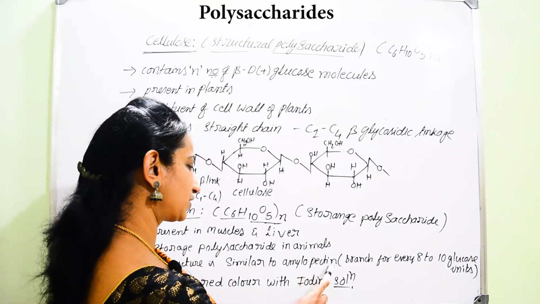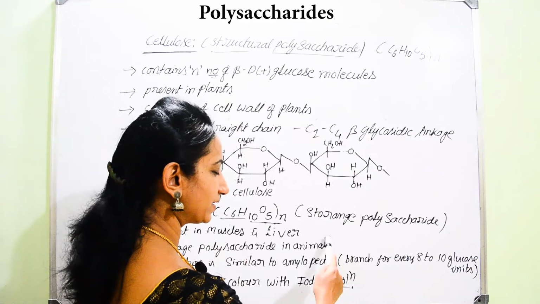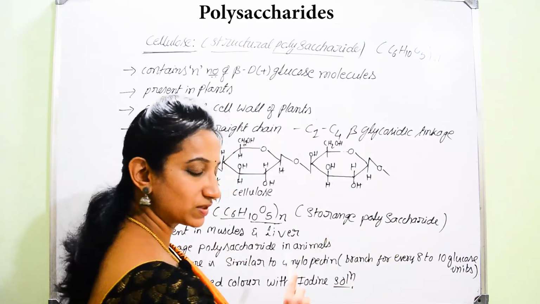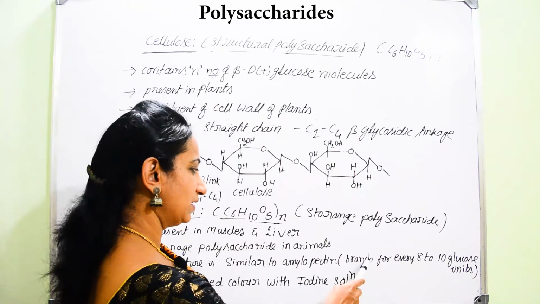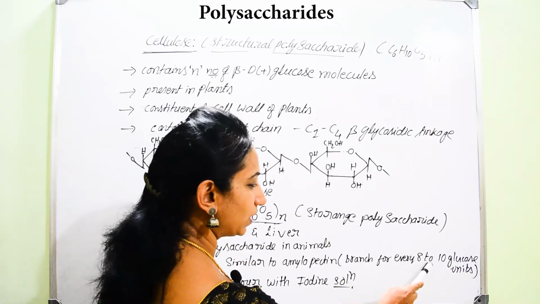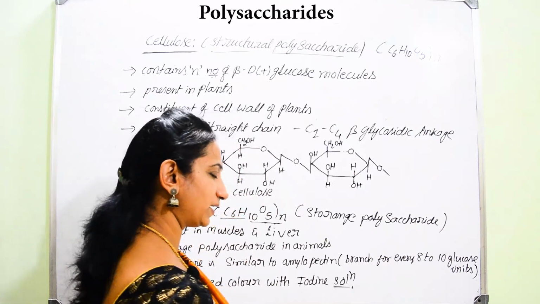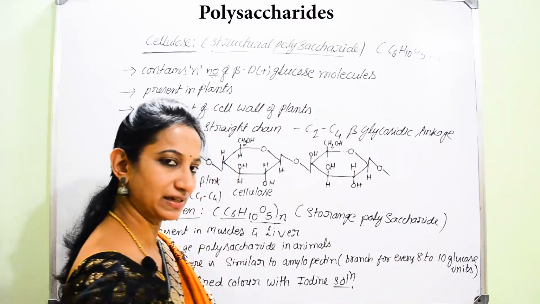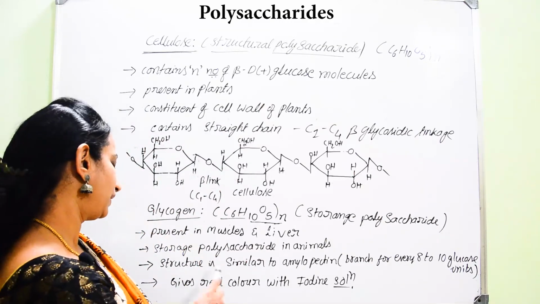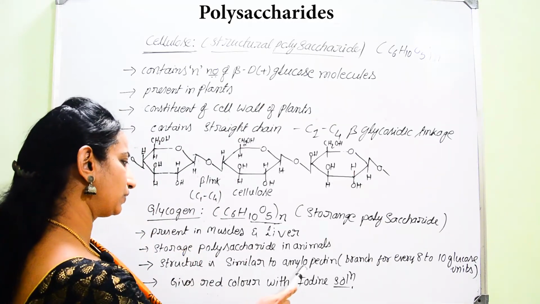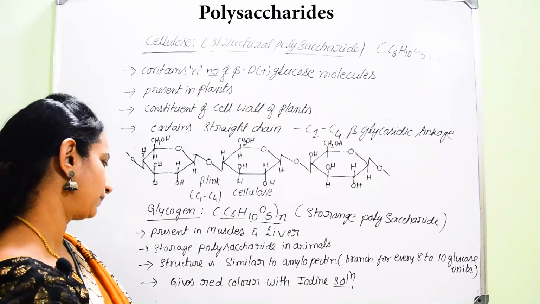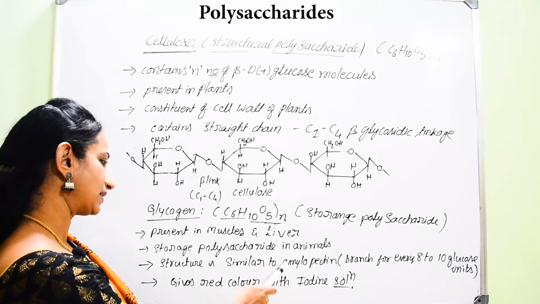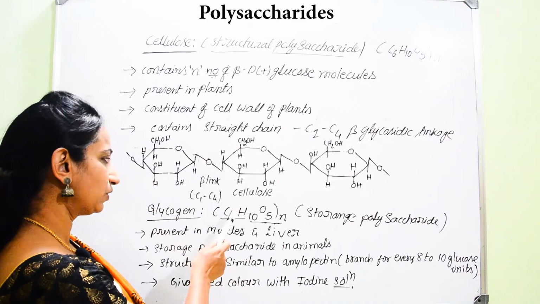In the structure of amylopectin, we can find a tight chain making the polymer chain through C1-C4 linkage, but there will be presence of a branch every 8 to 10 glucose units, and at the branch we can find C1-C6 glycosidic linkage. Therefore it also shows similarity to amylopectin. And whenever we need energy, as I told you, there will be breakage of this linkage to give simpler glucose units.